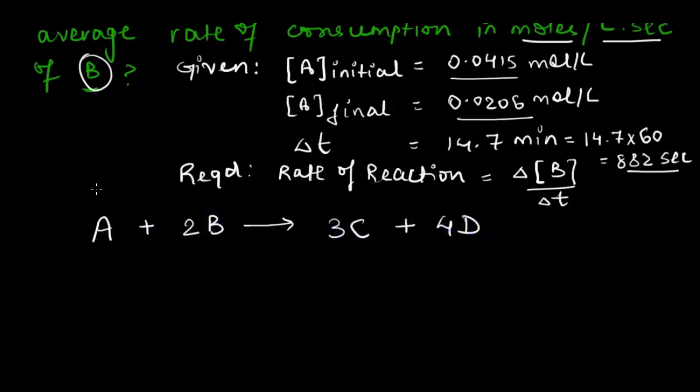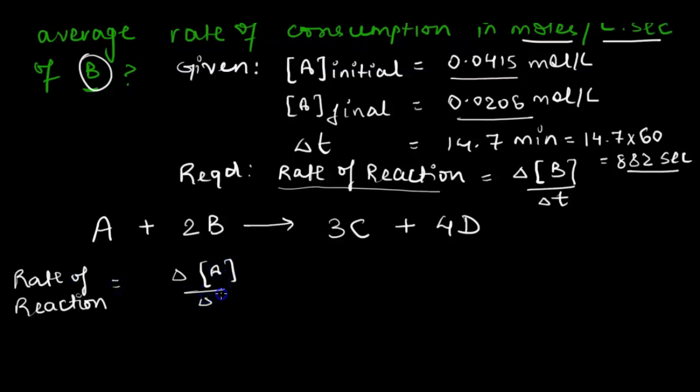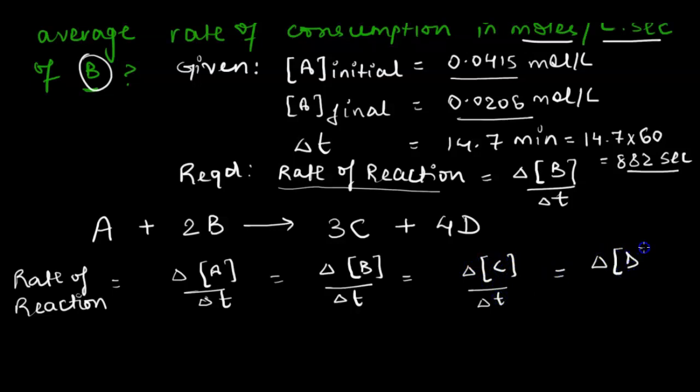Now remember, whenever we are given an equation and we have to find out the rate of reaction, it can be found using any of these four substances. And there is a relationship between all of these four substances in a rate of reaction equation. Let's learn how to write that down. So we have rate of reaction. We write it equal to change in concentration of A over time taken, equal to change in concentration of B over time taken, equal to change in concentration of C over time taken, equal to change in concentration of D